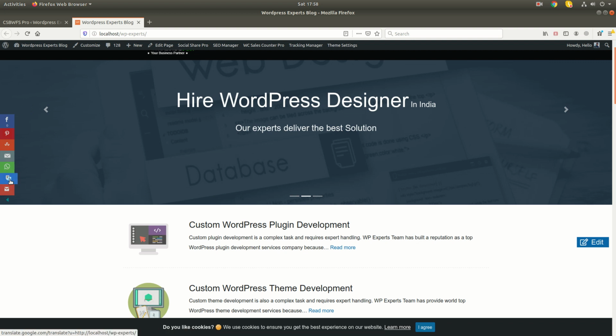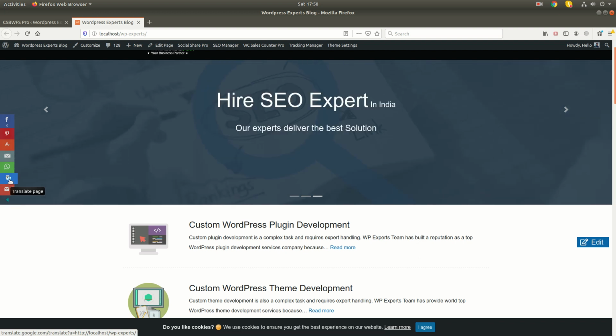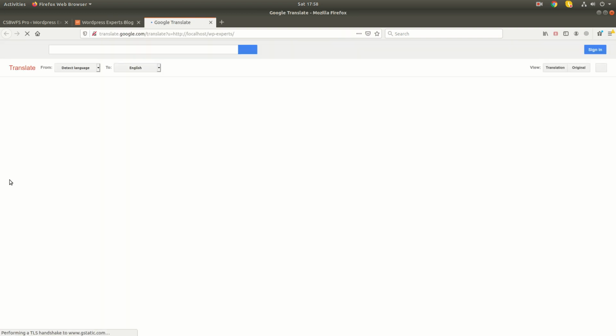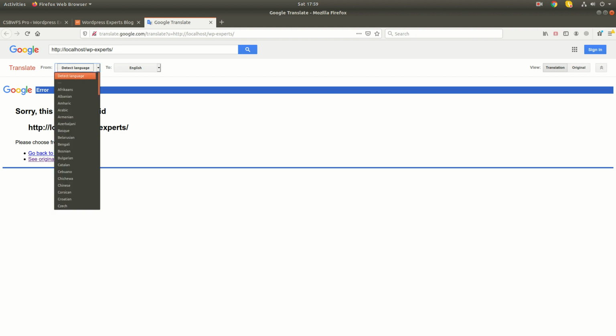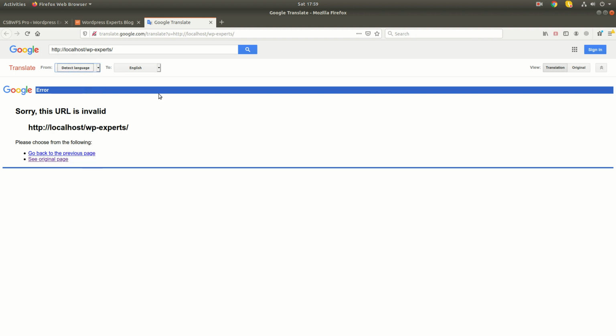Okay, we have given the translate option. Using Google Translate, we have given an option to translate your website. Like you can see, this is the localhost, that's why it's not showing the content here, otherwise it would show properly. Okay, once you use it on your live site, you will be able to see the site here, and the user can select their local language.